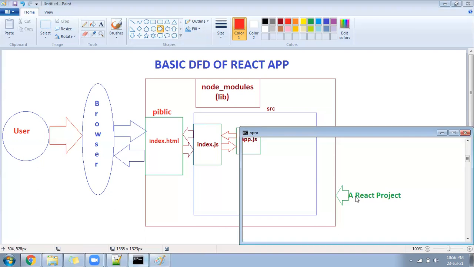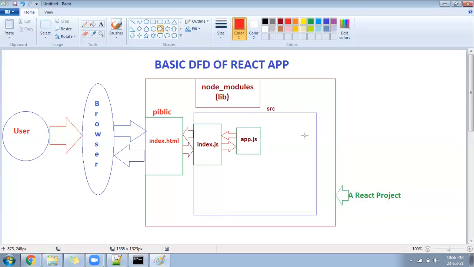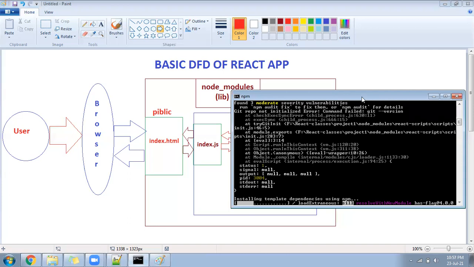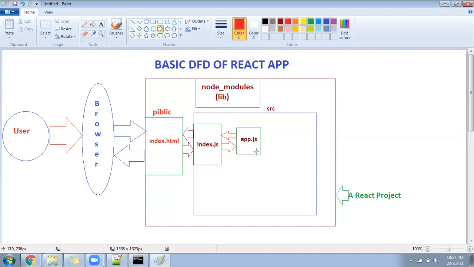Okay, let me see the project. Of course, the project is also about to complete. Let it complete. Okay, now, next flow. So this is the basic structure of your React. When you download, suppose our project setup is going on here. Once the project setup is ready, what will we get inside? We will get this structure only. We will get one src folder, one node modules folder, and one public folder. App.js will talk to the index.js, index.js will talk to the index.html, and index.html will talk to the browser. This is the basic structure of your React.